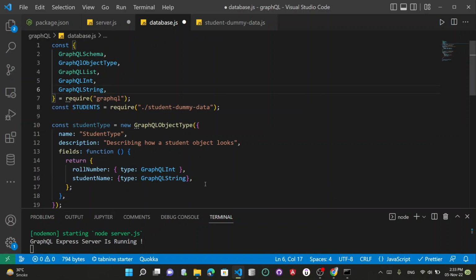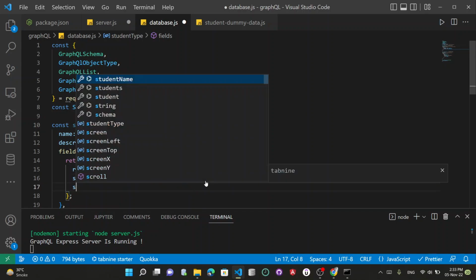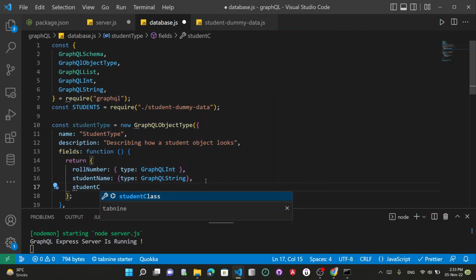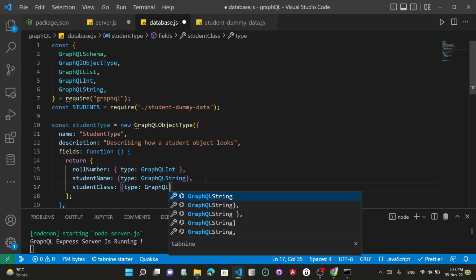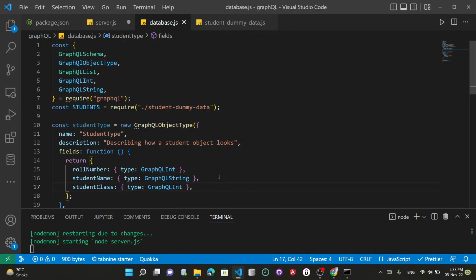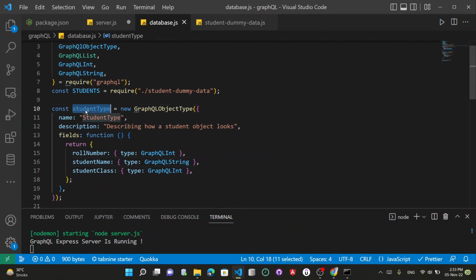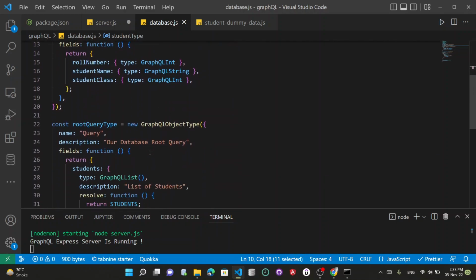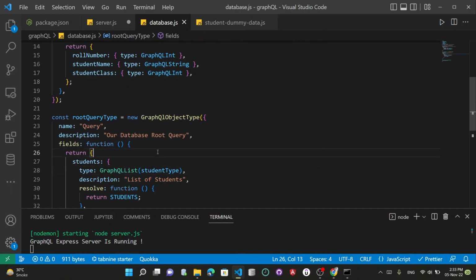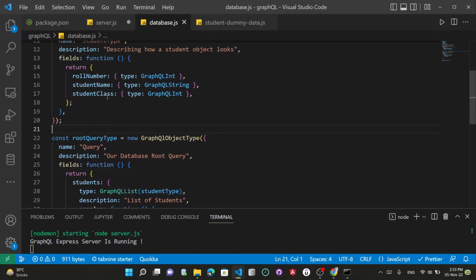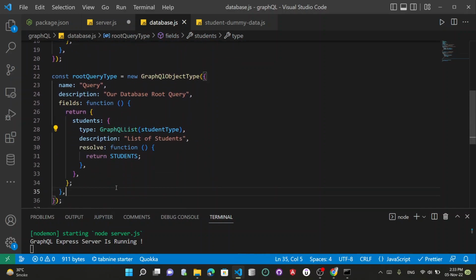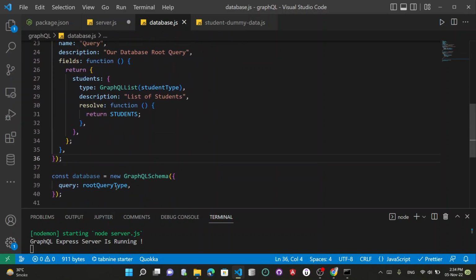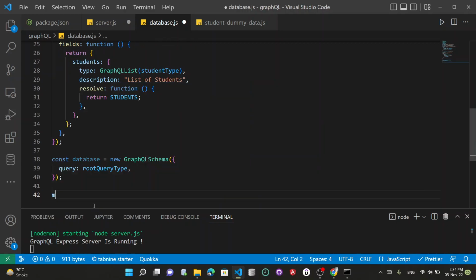And then we have student class. And again, the type for this is GraphQL int. And now the student type can be assigned here. So this means one object will look like this, and the entire group of such objects will be a list. Okay, so these two types are connected to each other, and now we just need to export